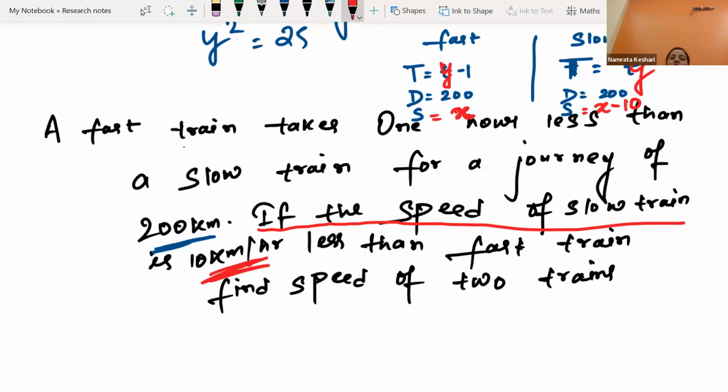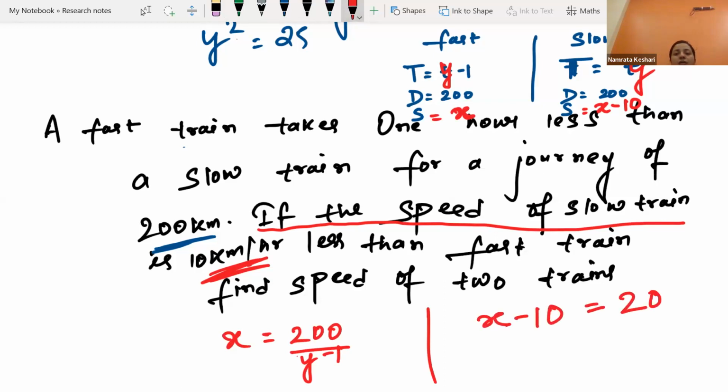Yes, ma'am. Now you will try creating a speed distance time relation from the first condition and another from the second condition. How? Speed is equal to distance by time. So speed is equal to distance, which is 200, and time is y minus 1, and speed over here is just x. Similarly, speed is equal to distance by time, so speed over there is x minus 10, distance is 200 and time is just y. Now method